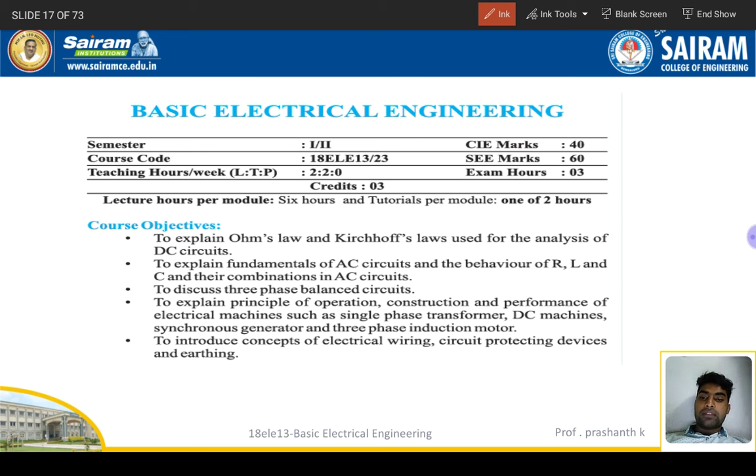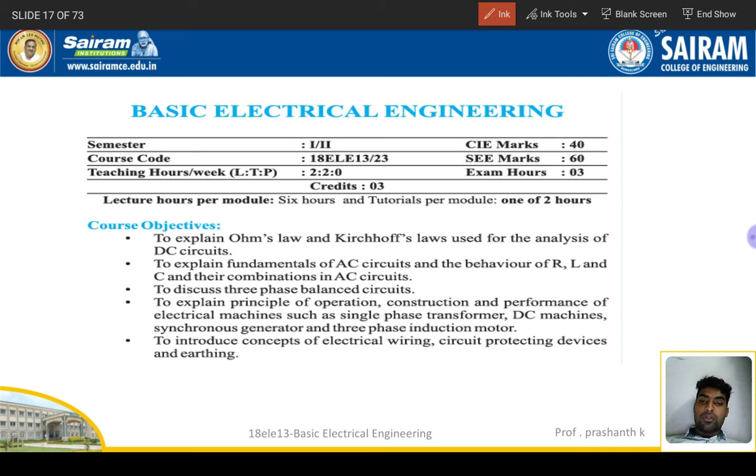So basic electrical engineering. We already discussed modules 1 to 5 in the previous videos. A brief introduction of all the modules, within 10 minutes we discussed. Right. I think you might have got some ideas regarding basic electrical engineering. So we'll see some information on how they'll conduct the examination, and how they'll make the internals, and what are the parameters which it depends on, and we'll discuss that now.